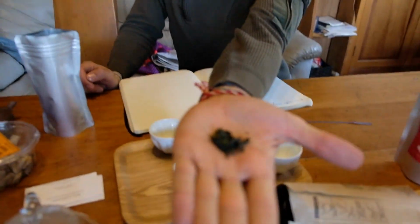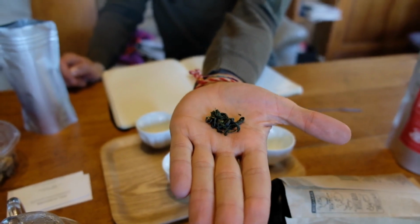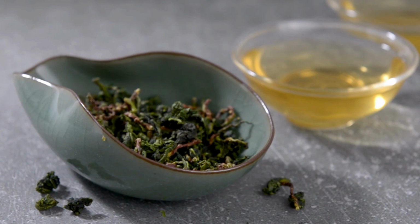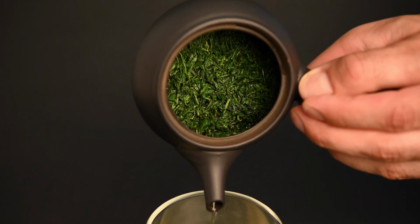Oolong versus Sencha is a comparison a lot of people make, but in reality, these teas are quite different from one another. In this video, we're going to be comparing Sencha versus Oolong when it comes to production, taste, caffeine content, and more. Let's explore these two very different tea types and see what makes them alike and what makes